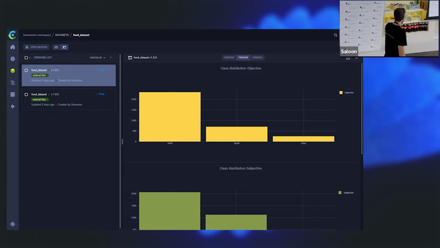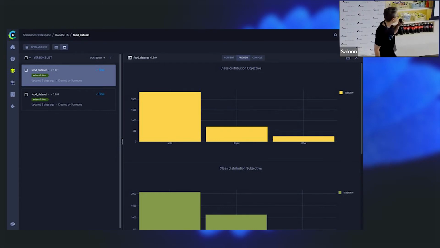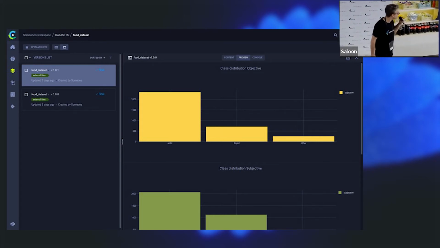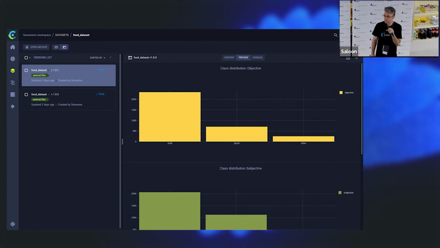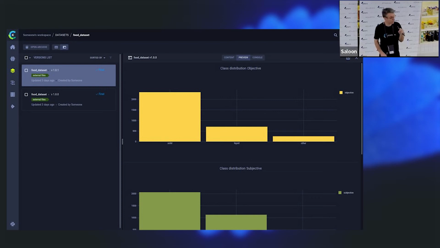Every version, obviously, has metadata with version numbers that we can control, and names and tags and whatnot, but we can also add statistics. So this is nice. This means that when we generate the data set itself, we can attach some insights to the type of data that we have. This is not automatic.